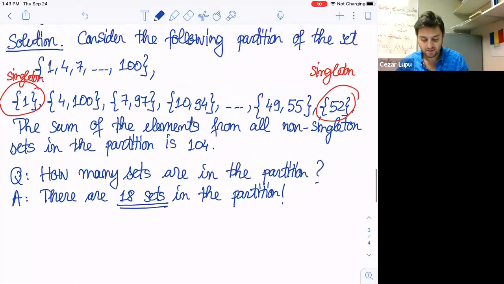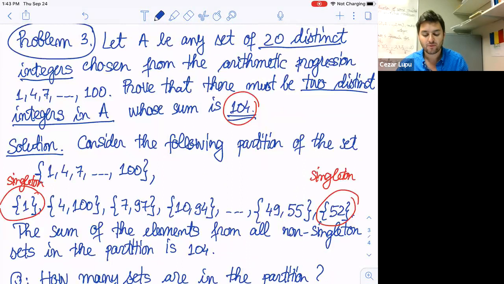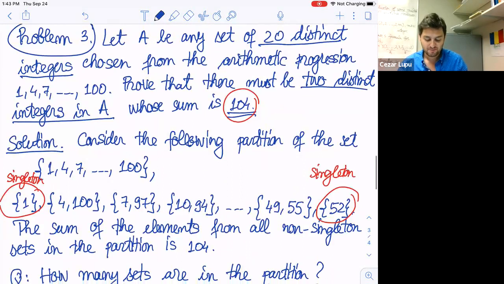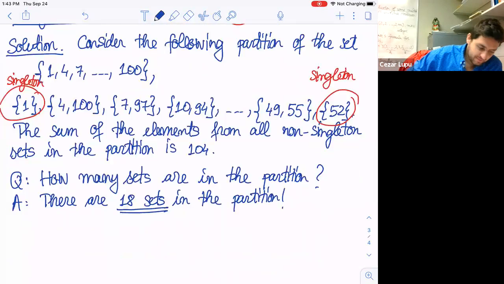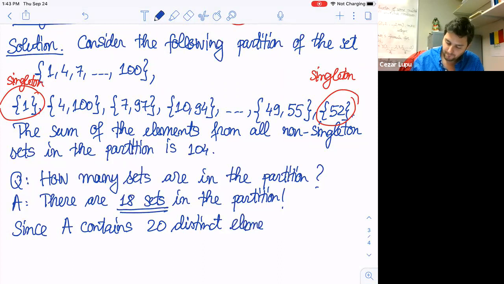Pay attention, look at this. I'm choosing A to be any set of 20 distinct integers. So this will imply what? Since A contains 20 distinct integers,